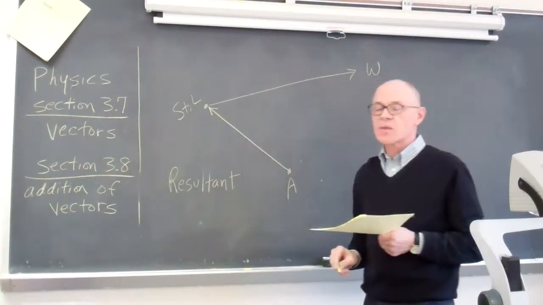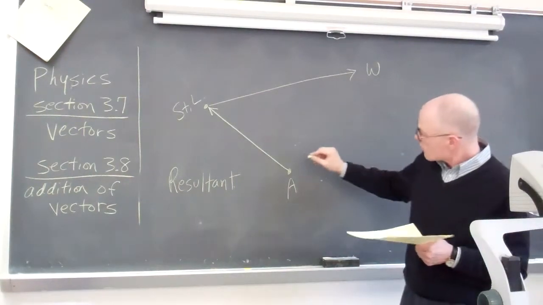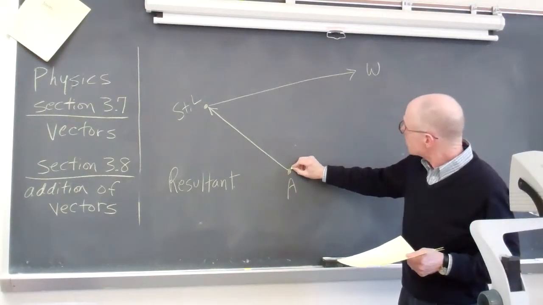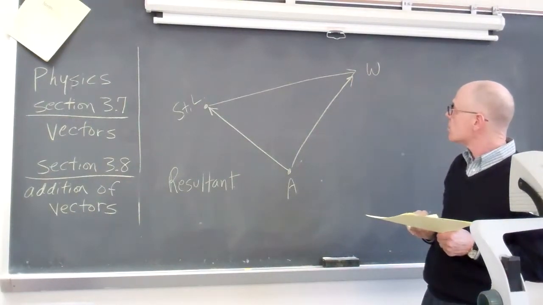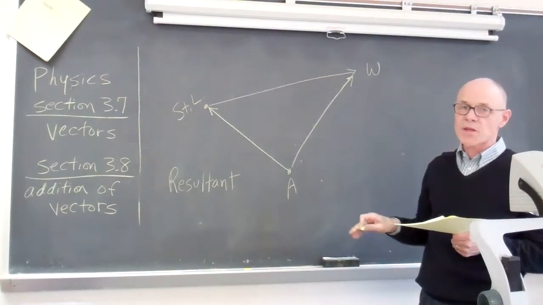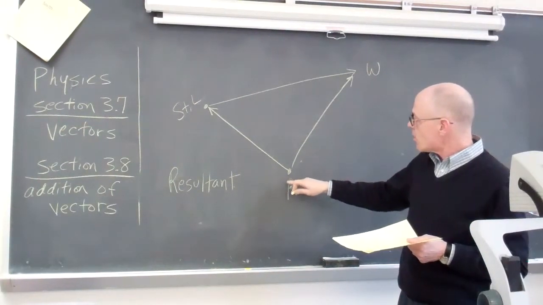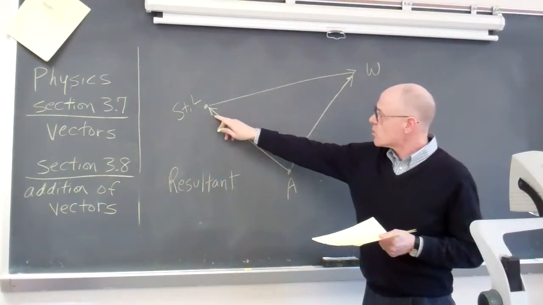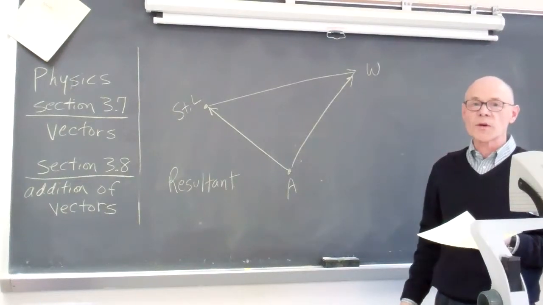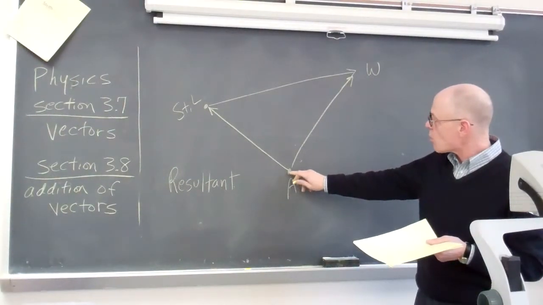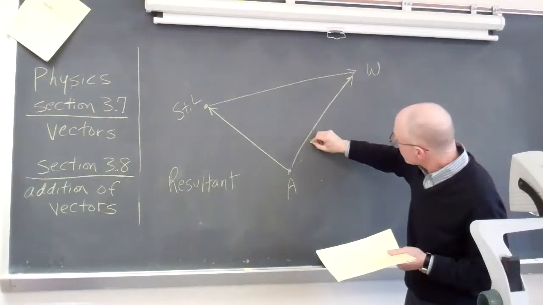And the resultant can be seen if you draw a line from the starting point to the ending point. In other words, what we're imagining is the result of driving from Atlanta to St. Louis, and from St. Louis to Washington, so that you're in Washington. It would be equivalent to if you just drove directly from Atlanta to Washington. So this is what we would call